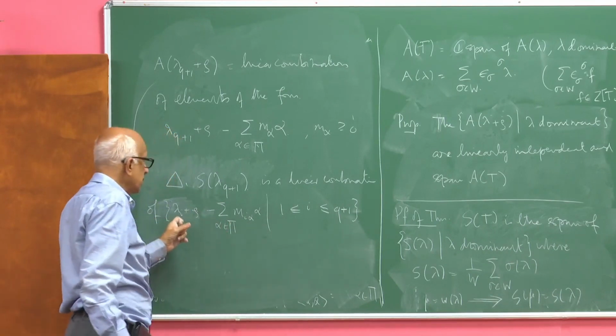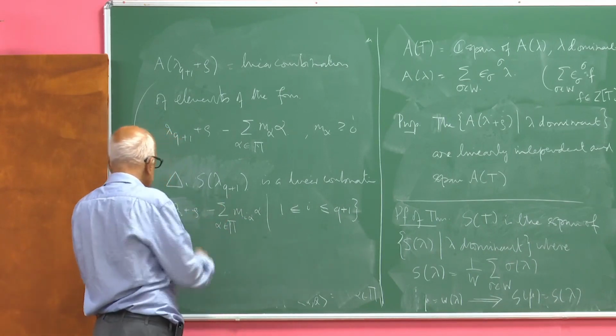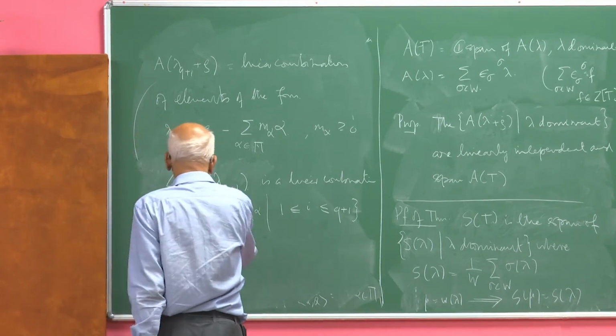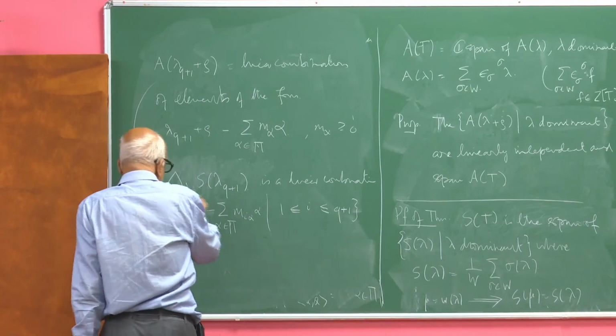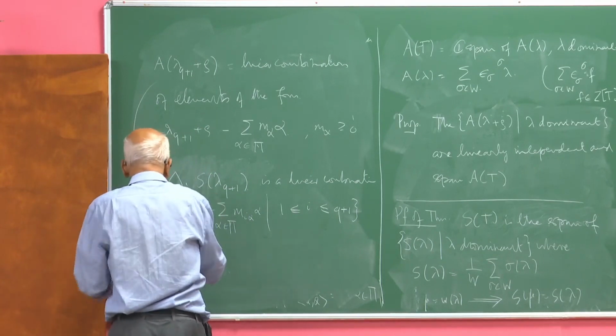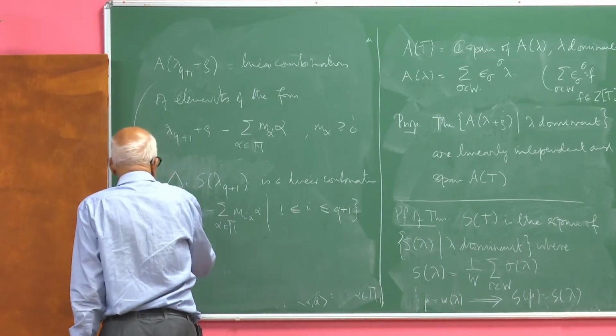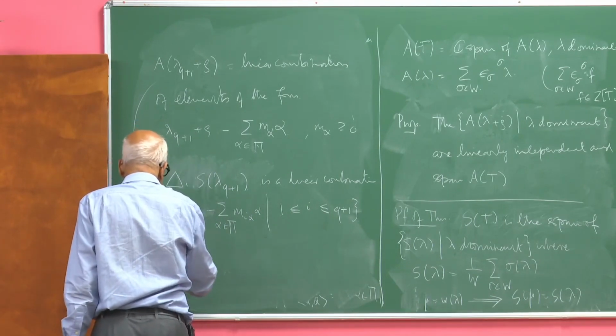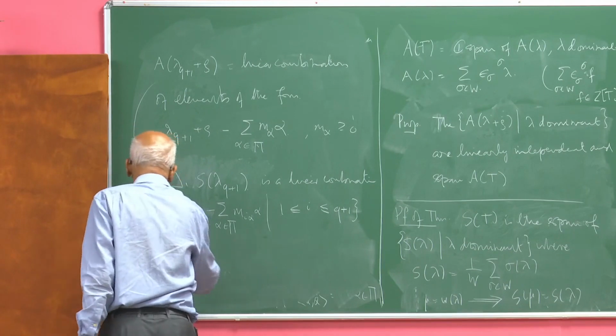So they are all a linear combination of lambda I plus rho minus sigma m I alpha, and we know that this is alternating, so it is going to be a linear combination